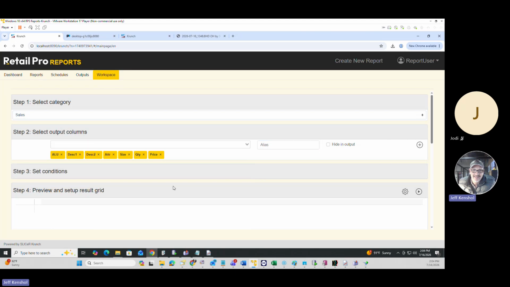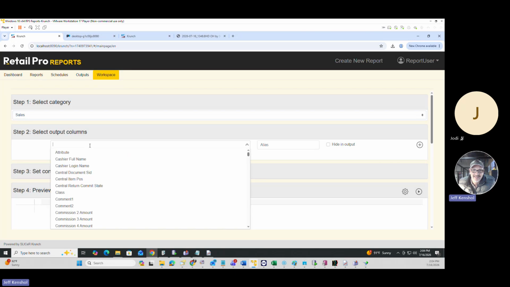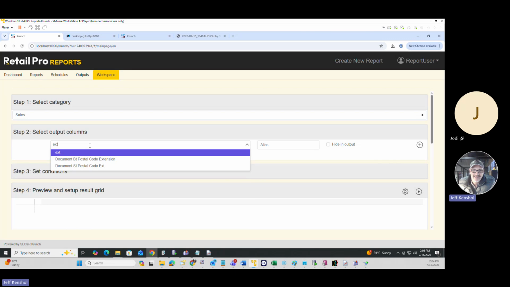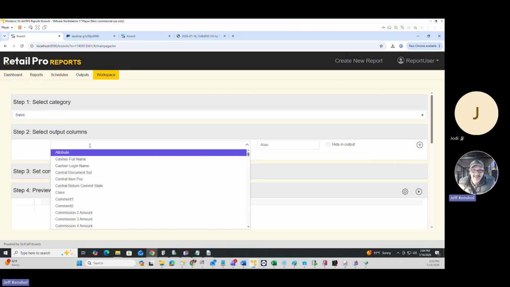And now I'd like to say, if we sold 5 of these at $50, I would like to see the 250, the extension of those. So extended price is kind of what I'd like. But there is no such field. There's no extended price. So to get that, we would need to take the